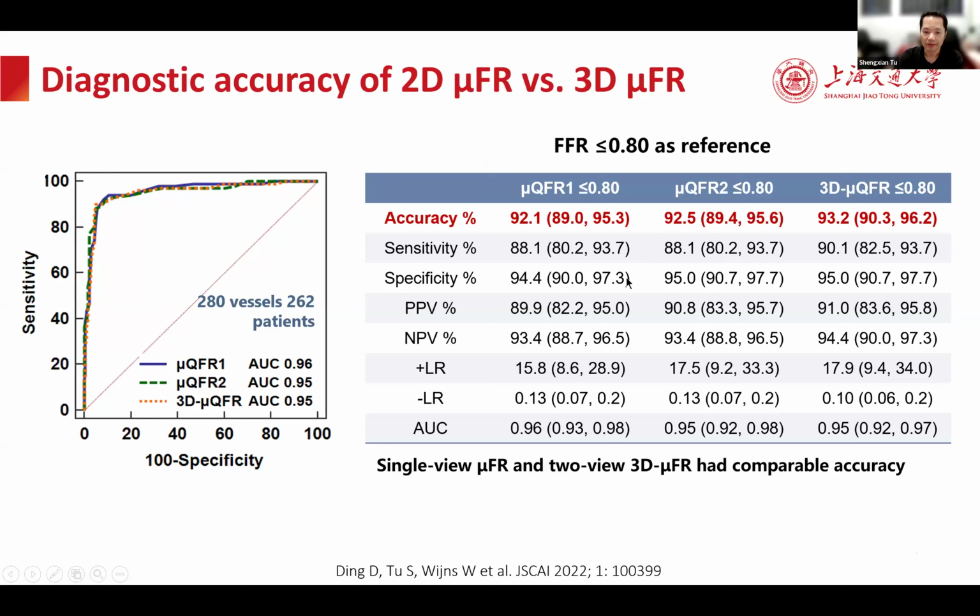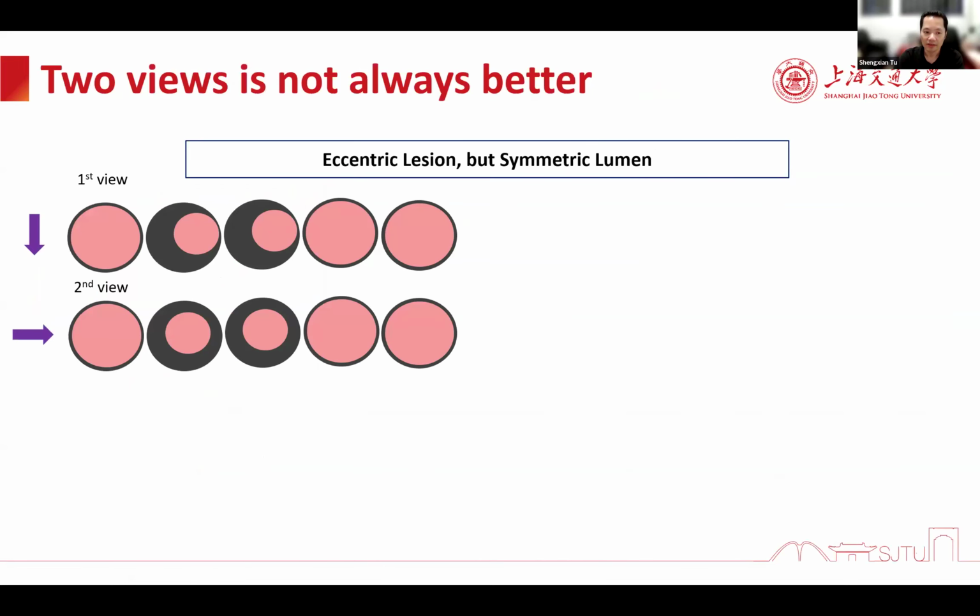And the reason, I think, can be explained: in theory, two views would add more information. However, in practice, the second view is less optimal than the first view. So sometimes it compromises the result because I have more overlap, more uncertainty. And in addition, there's another technical